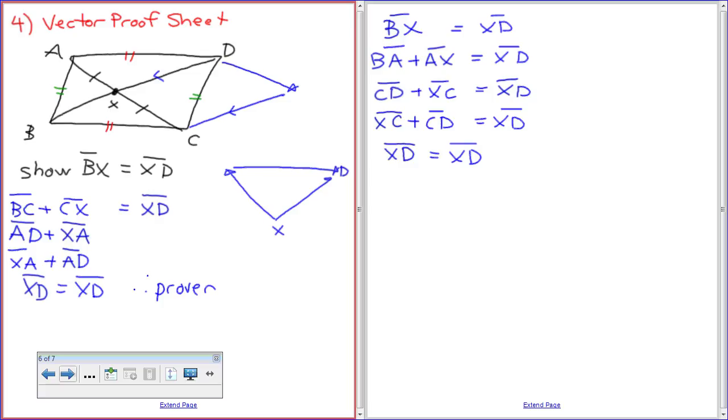So basically, if I were to wrap this up, if we want to show that BX equals XD, we just sort of do it in a way that